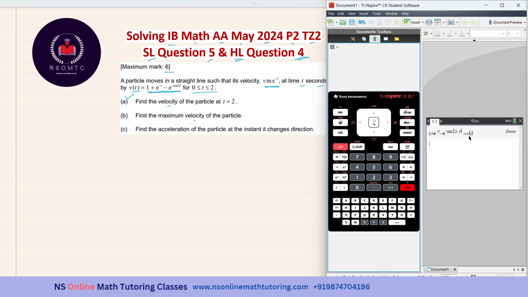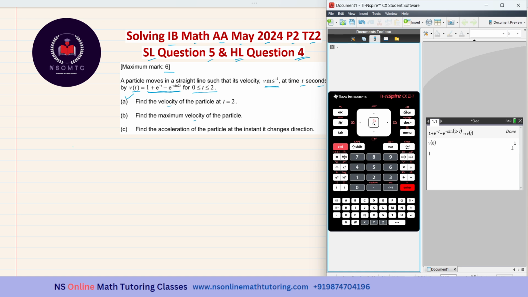If you want to see whether the calculator has stored this function properly or not, let us find the value of v when t equal to 0. I can write v and then 0 and enter. See, it is 1. Why? Because this is 1 and e to the power of 0 will also be equal to 1. And sine 2t when t equal to 0 is 0. So again e to the power of 0 will be 1. So 1 minus 1, they will be cancelling each other and the value of v of 0, that is the velocity when time is equal to 0 seconds, is 1 meter per second.